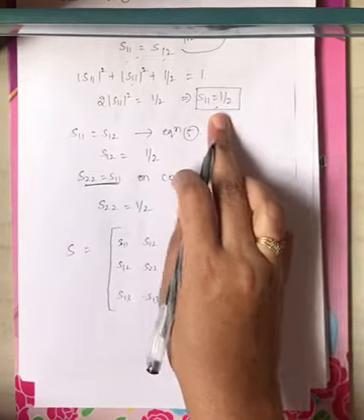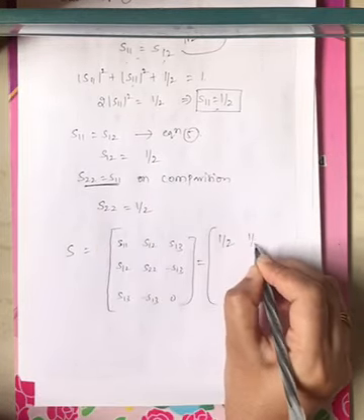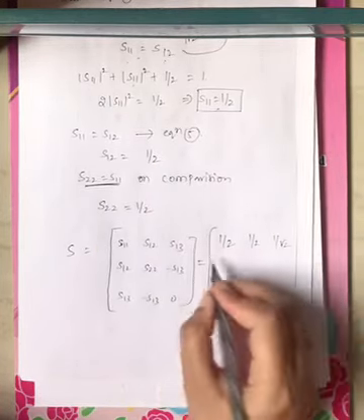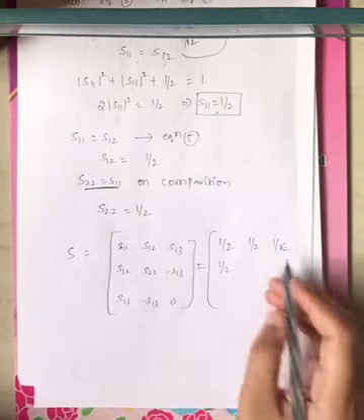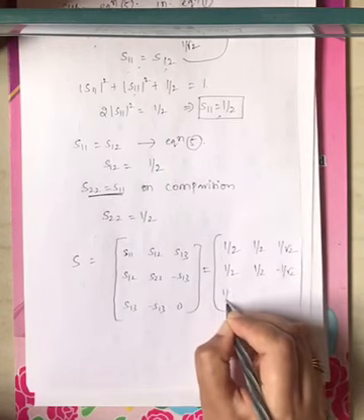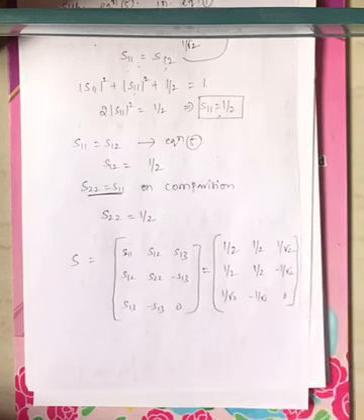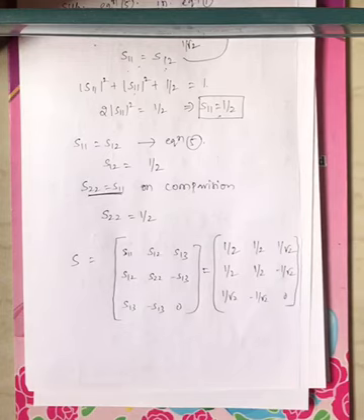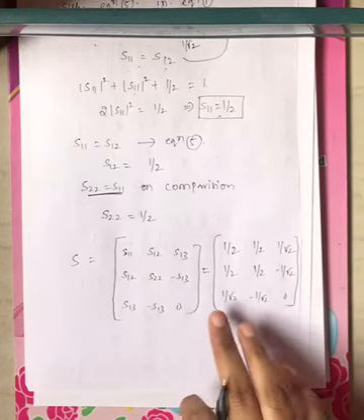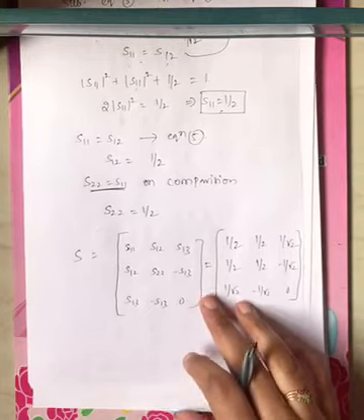Now what is S11? Half, right? Now what is S12? Half, right? Now what is S13? 1 by root 2. Now what is S22? Half. S22 is also half. Now what is S23? Minus 1 by root 2. And S33 is 1 by root 2 minus 1 by root 2, which is 0. Now this is the scattering matrix of the E-plane T junction. Now let us prove its properties, the power division property and the power combination property, right?